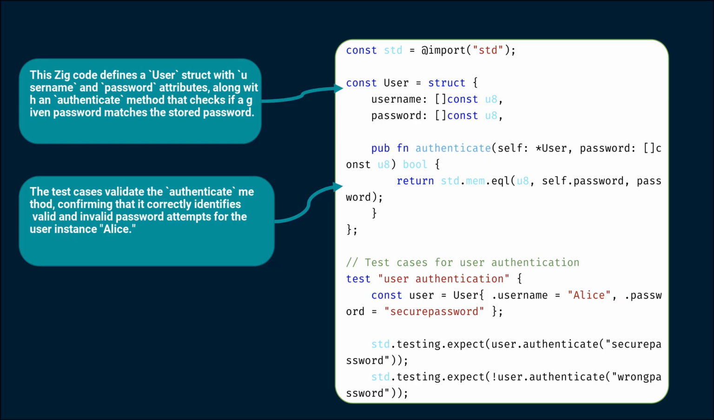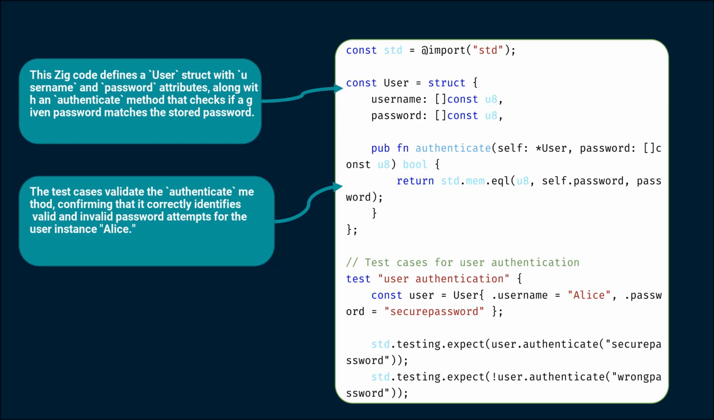Next, we will write test cases to validate the user authentication functionality. The test case named user authentication creates an instance of user with a username and a predefined password. Here we utilize the std testing expect function to make assertions about the behavior of the authenticate method. The test confirms that calling authenticate with the correct password returns true, while calling it with an incorrect password results